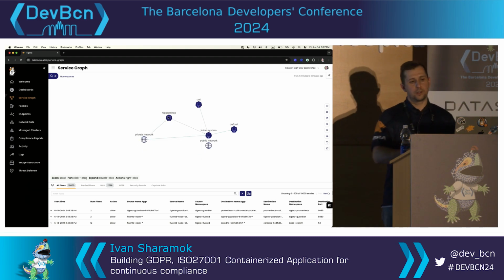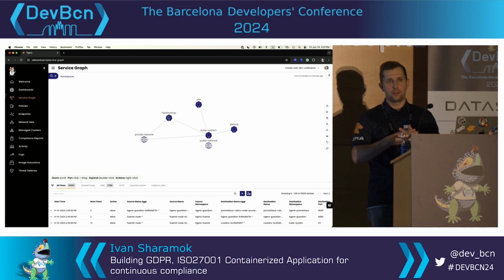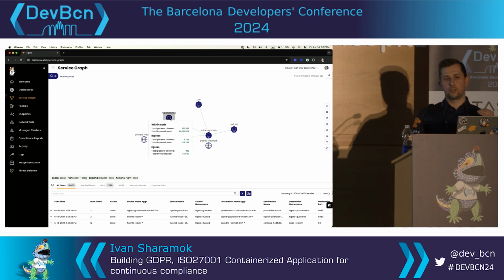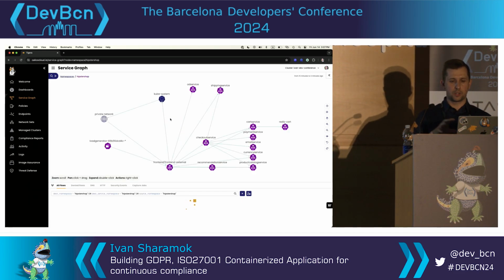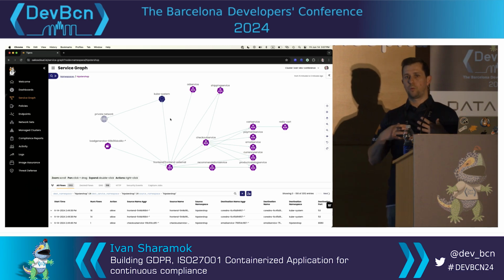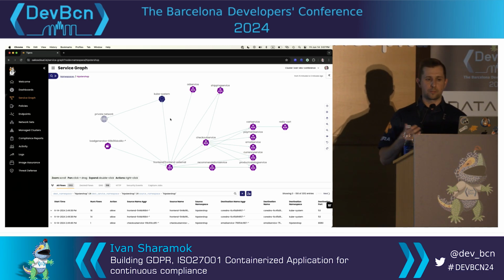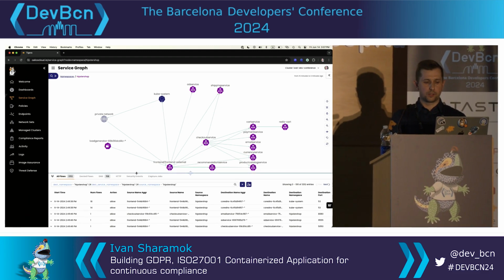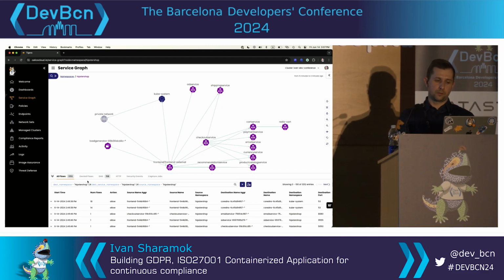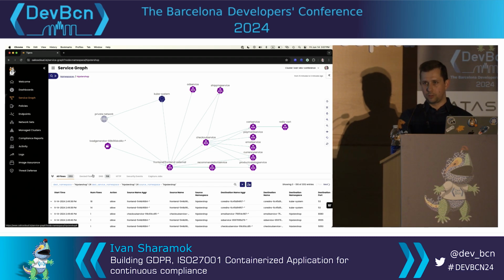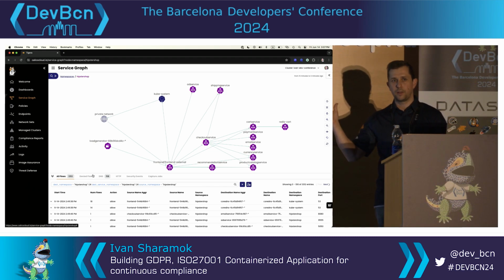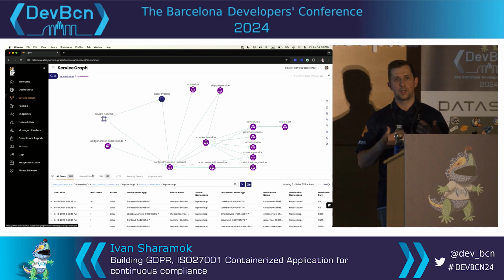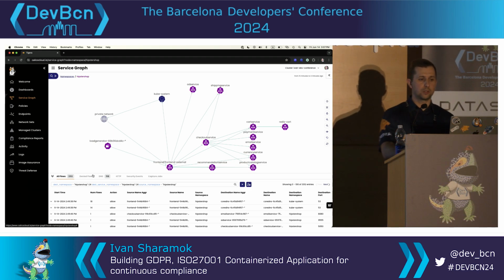Yeah, so at the high level, we map info about all the communications and we show you from the namespace point of view, but you can double click into any of these namespaces and get the view from the inside. So what are the deployments, what are the components that are running inside? Everything that you see in here, you see at the bottom there are different tabs. The flow logs, that's what we use to build this graph, and that's what we use when I'm referring to how you would prove the compliance, how we build the reports. That's the information that we use.